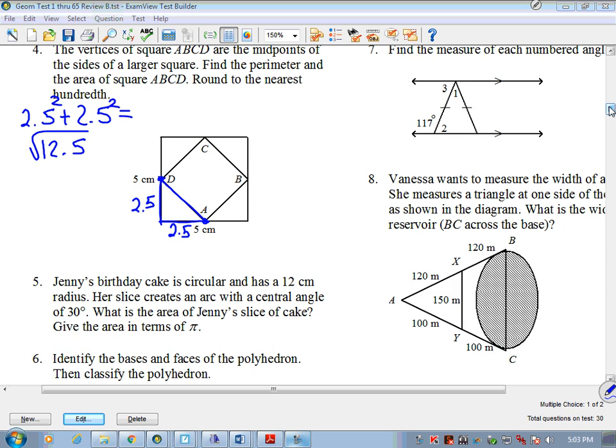Ultimately, though, what we're going to get here is a 45 right triangle where we'd have 1 to 1 to 1 radical 2. So we could take that as 2.5 radical 2 as one side, and then multiply that by 4. But it does want it rounded to the nearest hundredth. What leaving it as 2.5 radical 2 does is that it allows me to get a more exact answer. So as I take my calculator